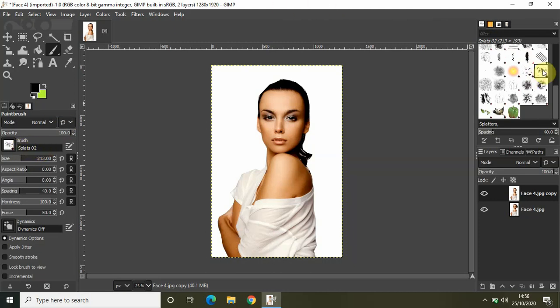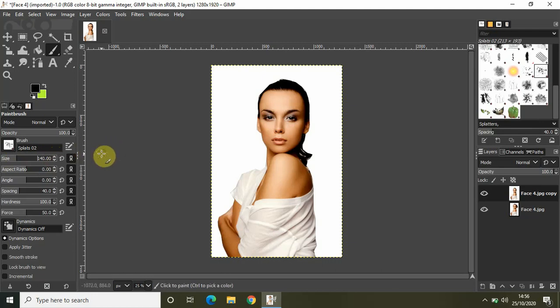Once you select Splats 02 from here, adjust the size of the brush. Currently it is 213, so let me quickly change it to somewhere around 140.